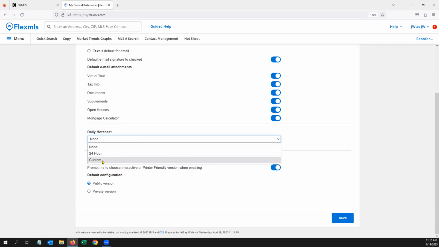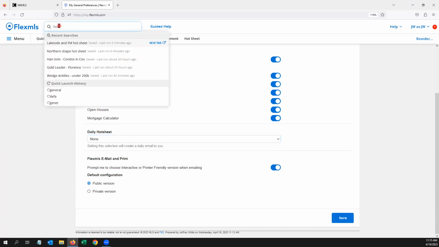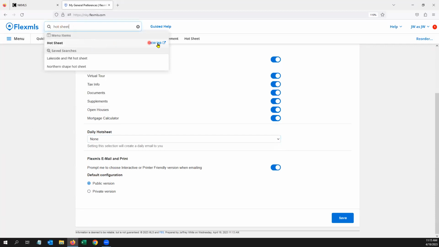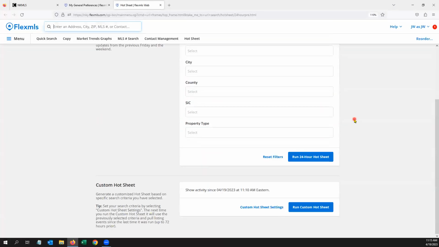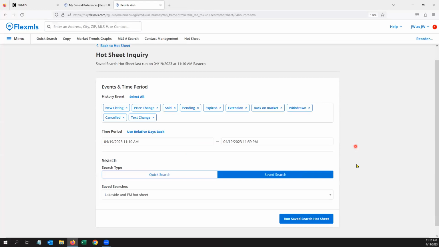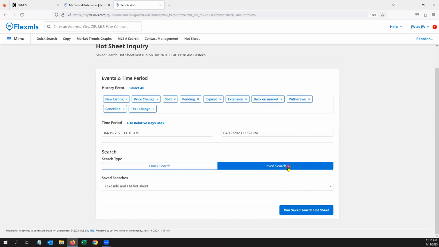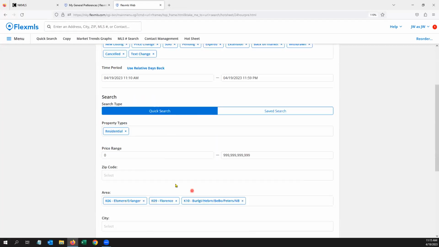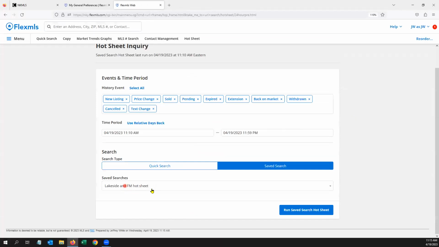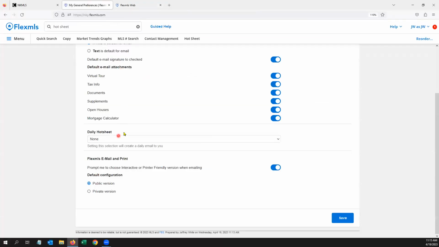So this custom hot sheet right now, if I go back into my hot sheet, I'm going to open this up into a new tab so I don't lose what I'm working on. Go to my hot sheet and I go down to my custom section. The reason I like to access the custom hot sheet from that gadget is I get to skip this section. Go to custom hot sheet settings. Whatever is blue here is what it's going to send. So if I change it to quick search, this is what it'll send, whatever data is here. If I switch it to saved search, it'll use whatever is here. And that is what's going to fire off in this daily hot sheet email. So if you do want to use those customs,